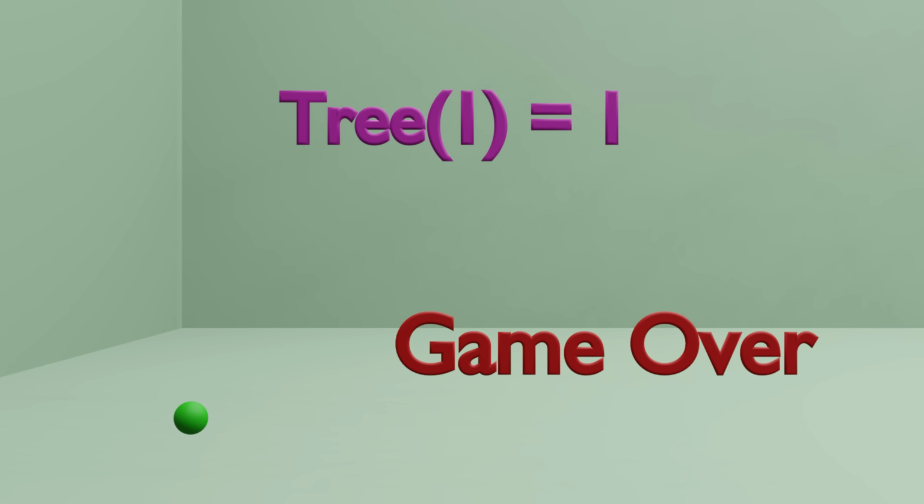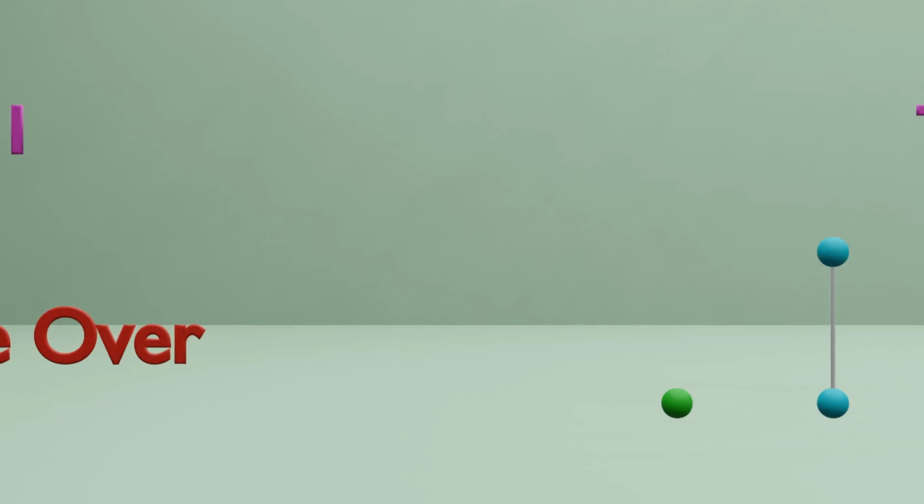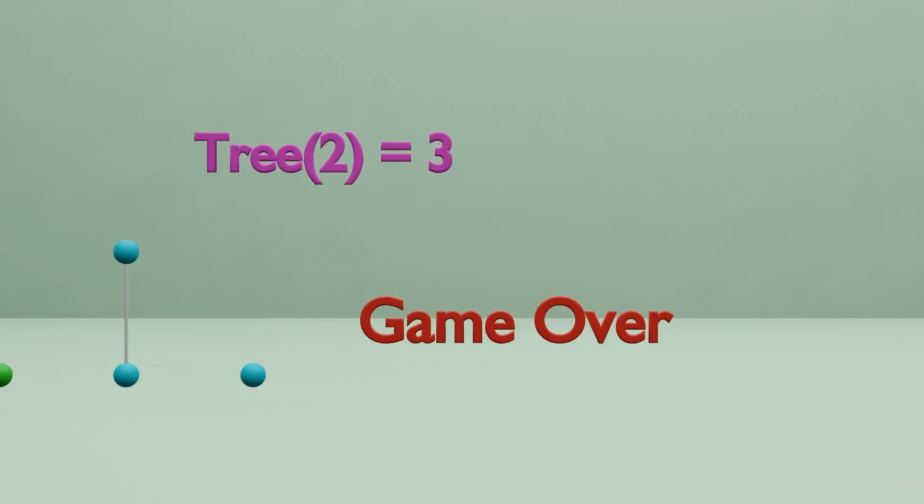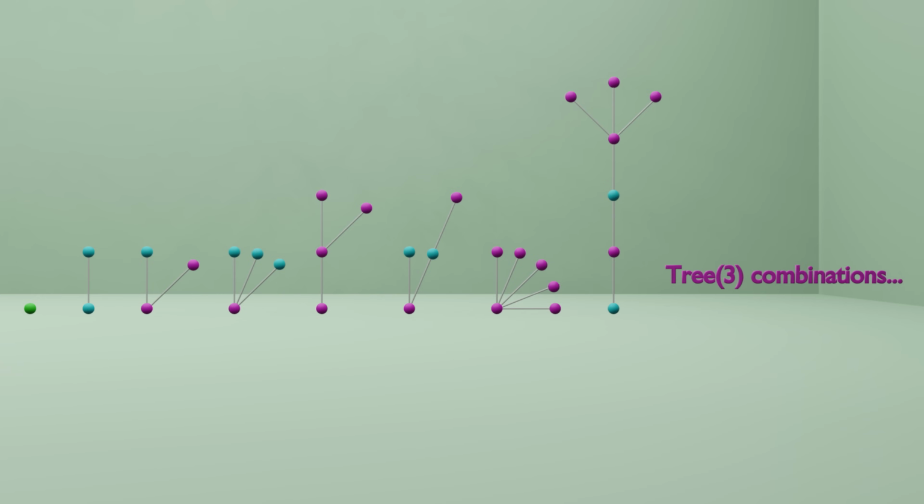For our tree 1 game, the forest dies after the first tree is created, as once you have placed 1 green seed, you can't produce any more trees without having a green seed contained in it, which would break our second rule. For our tree 2 game, the highest score we can get is 3, as any trees after these 3 would either contain a green seed, 2 blue seeds that are connected, or 1 blue seed. For our tree 3 game, we see our numbers of trees skyrocket. In fact, the number of trees we can create in this forest makes Graham's number look like it's 0 in comparison. I have drawn 8 trees, but there is much, much more.